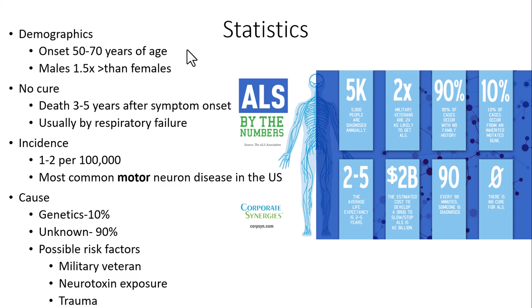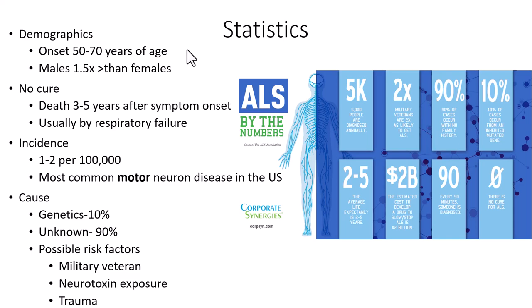This is a really sad disease because once you're diagnosed, there is no cure. Death is usually 3 to 5 years after you start noticing your symptoms, and it's usually by respiratory failure. Luckily, it's not very common. The incidence is only 1 to 2 per 100,000 people, but it is the most common motor neuron disease in